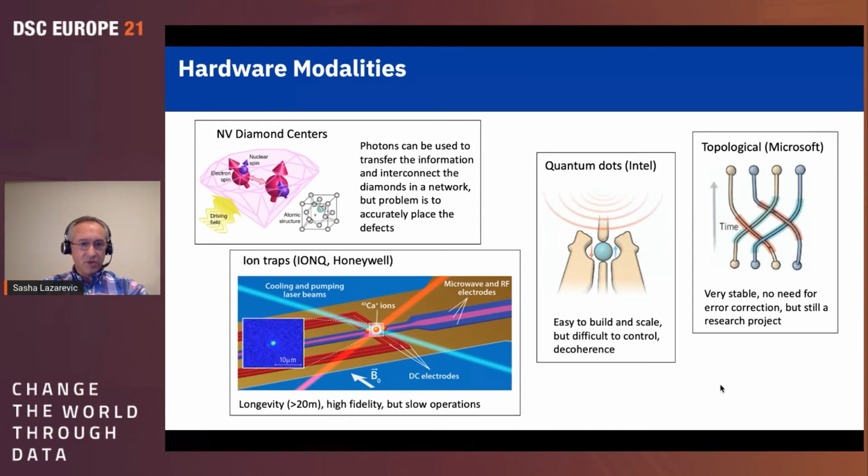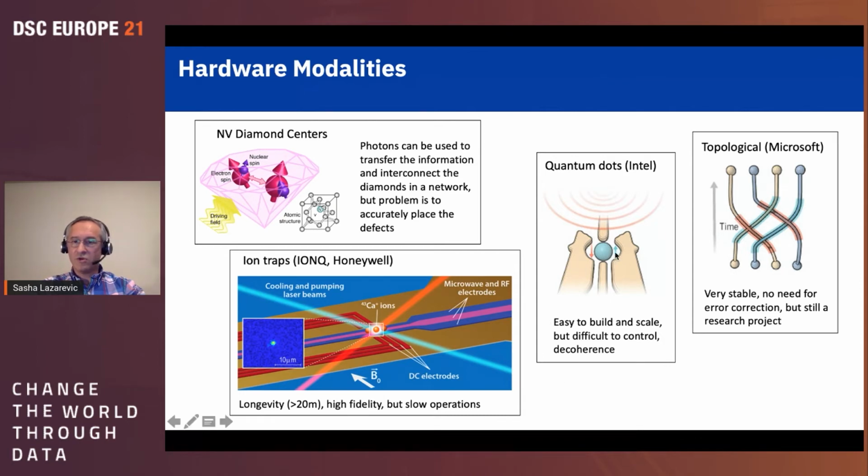There are different technologies here, like these diamonds. These are artificial diamonds, so don't cheer up, you're not going to get rich. They are very, very small. And they are quite interesting, maybe even more than for quantum computers, they are used for quantum sensors. The advantage is we can control them with photons. So basically we can send some information. We can connect these diamond centers with photonic light, and then we have a connected qubit. But they are difficult to produce and not really very much used nowadays.